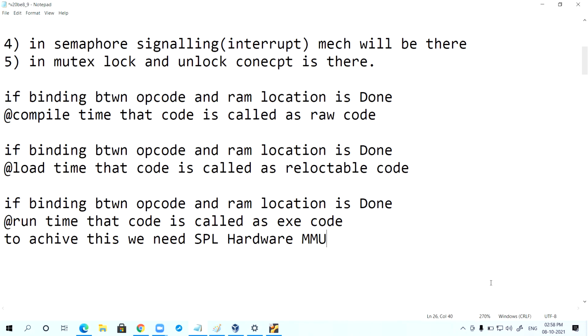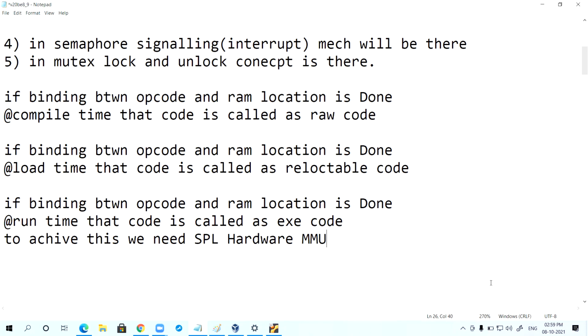What policy did older operating systems follow for managing the RAM? How was it overcome? What is the new policy that came? All these things we need to discuss.